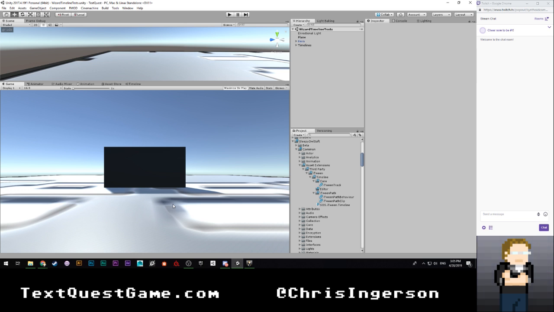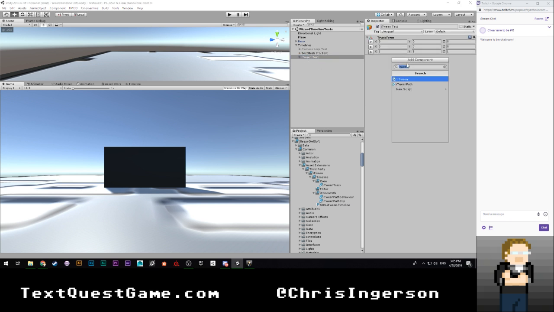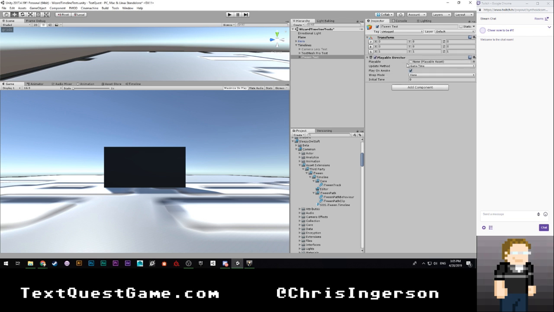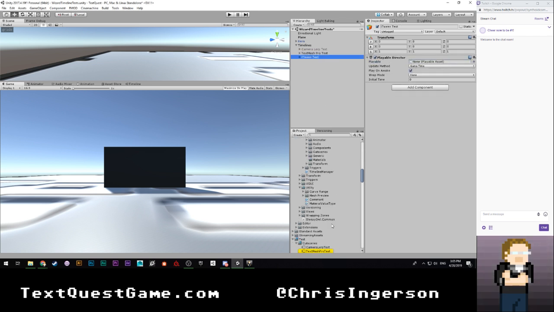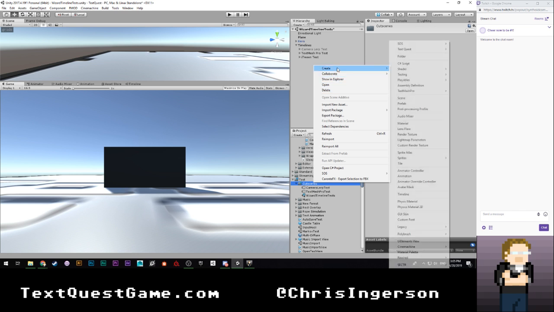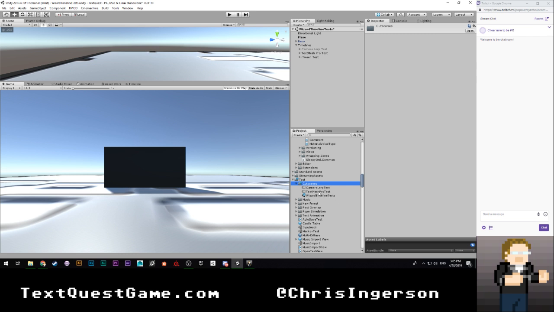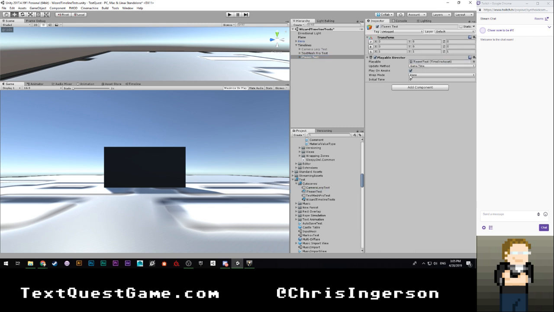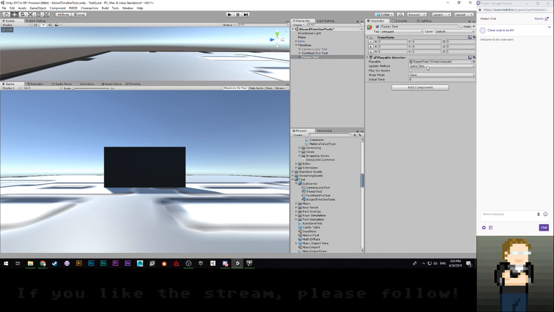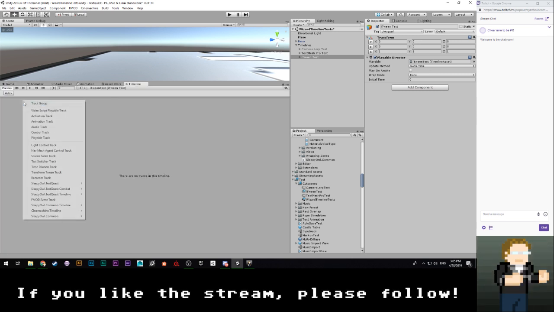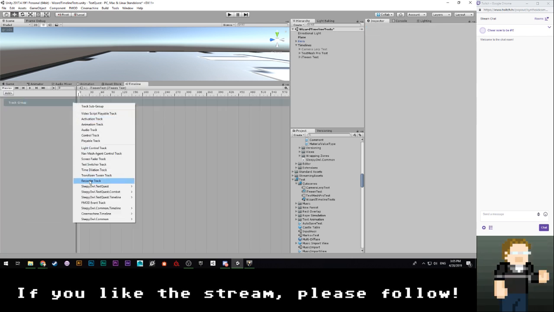And from that, we're going to mess a little bit with particle effects, which I believe I already have a timeline track for particle effects. Although I do need to set up some of this still. Let's create. I love how playables are so far away from timeline. Here. Let's go ahead and we're going to go over here to timeline. We're going to add a track group. I'm going to add, let's see,